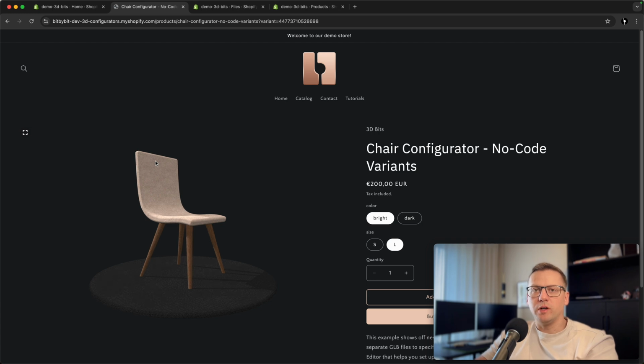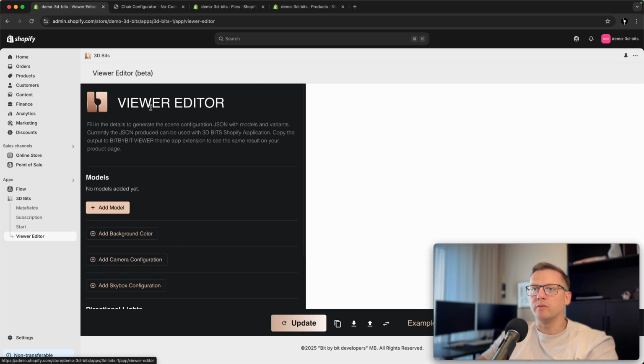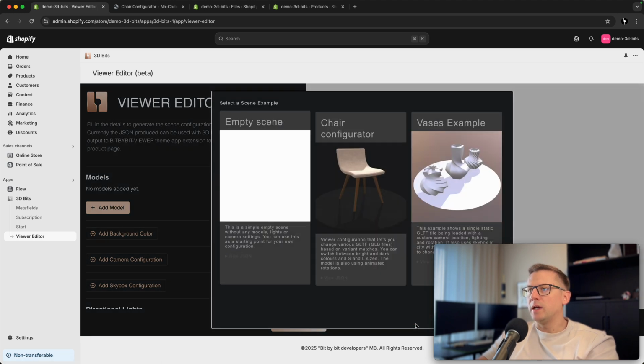So I mentioned that you don't really need to write code for this, and this is because we introduced a new thing into the 3D-Bits app called Viewer Editor. If you go into this new page here, you will see that we have this application which allows you to create a configuration for your product without really needing to write code. Behind the scenes, we will be setting up the JSON structure, but actually you don't need to care about that. So what I will do is first hit this button, Examples, and I will open this